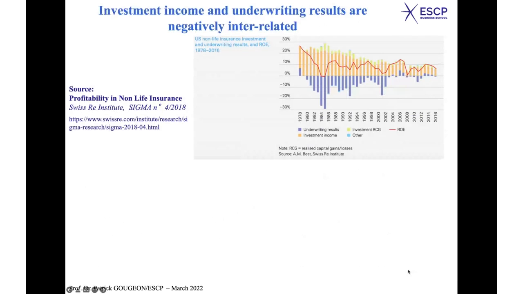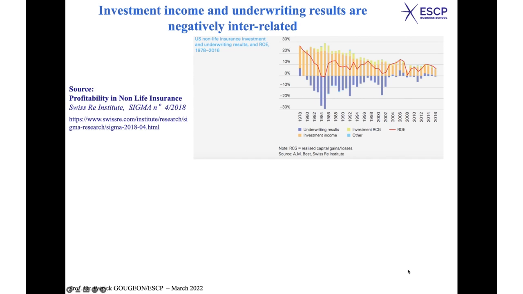Well, just to illustrate that again, I've taken this graph from the same report by Swiss Re, profitability in non-life insurance. What do you see here? You see the underwriting result for all the period, okay? For the US, these are for US insurance non-life companies. You see that the underwriting results are negative. You understand why now, okay? You understand just because